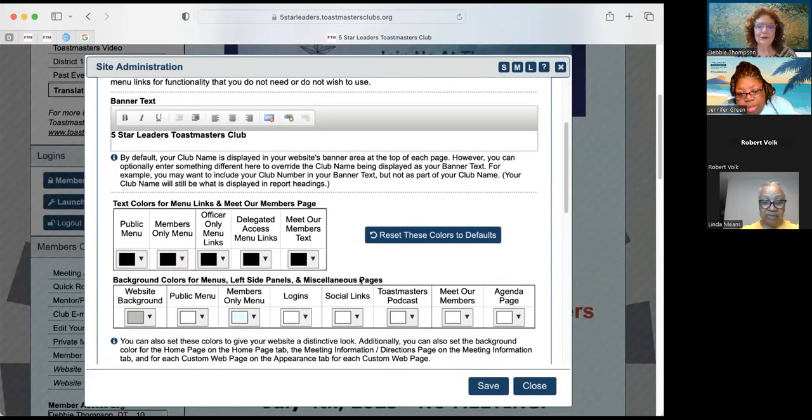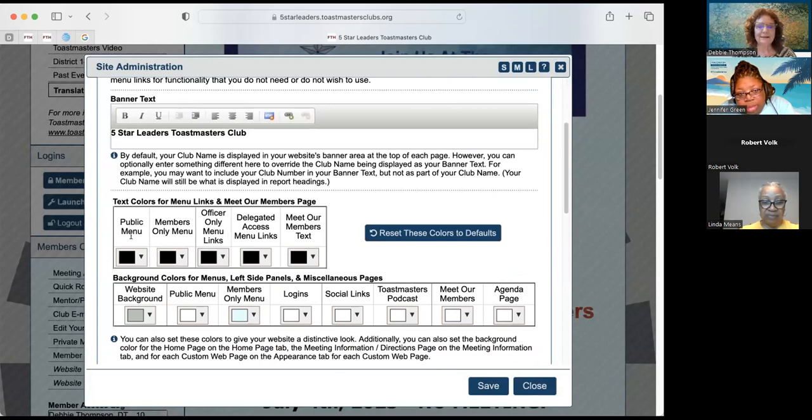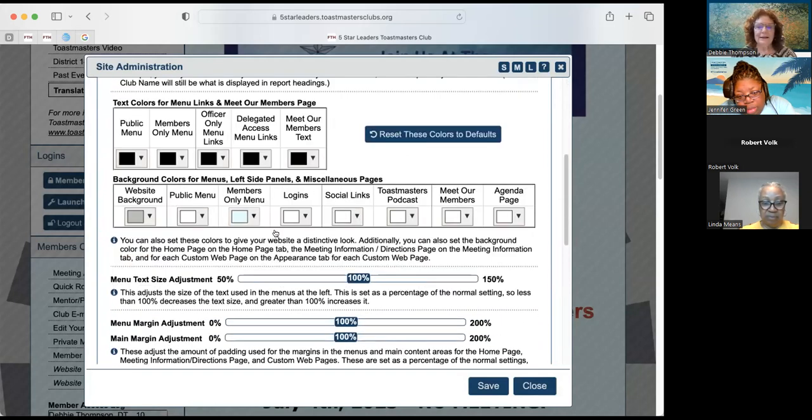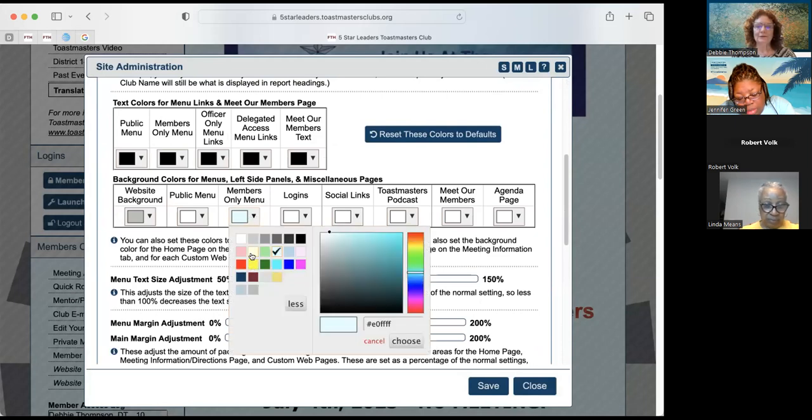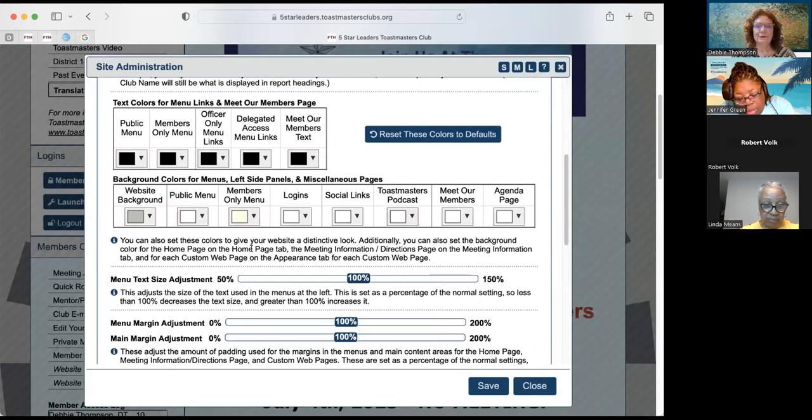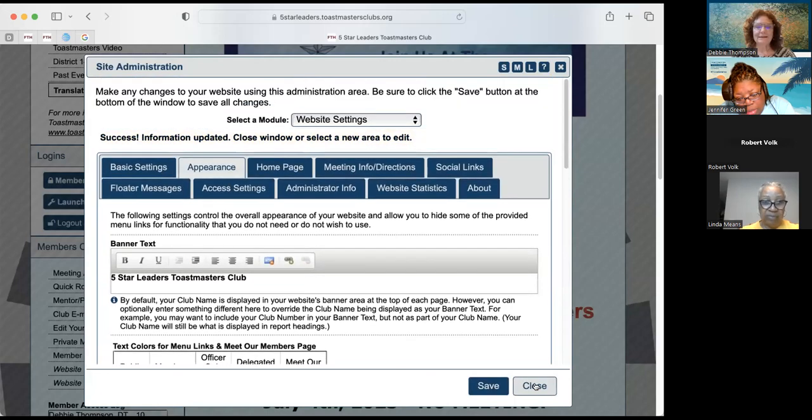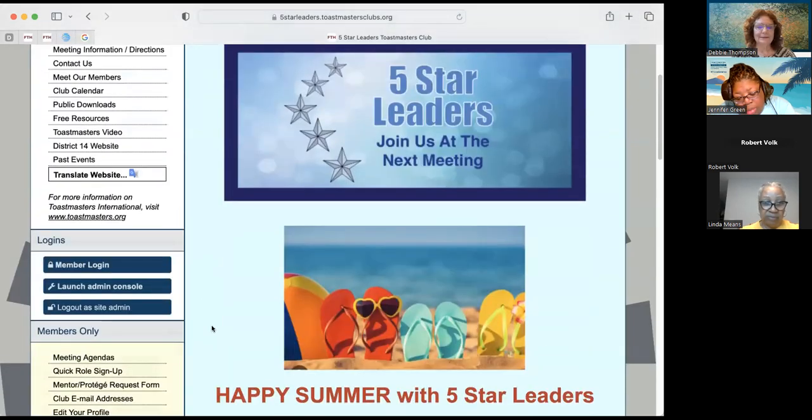It's got the text colors, the background colors for the menus, things like that. We see this light blue under our members only menu. I'm going to change that to light yellow. Save it. And then close that and let's see what happens.